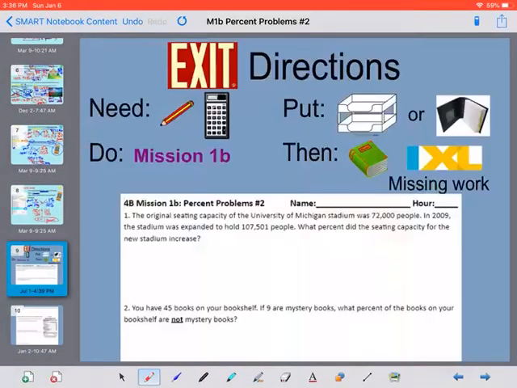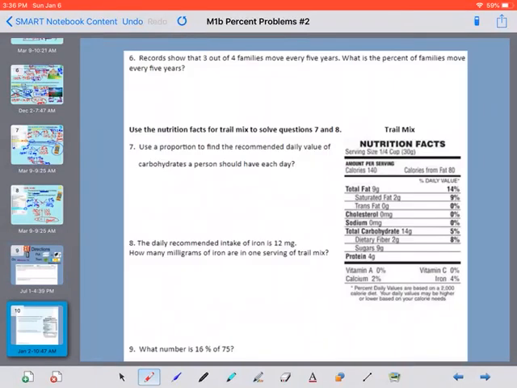All right, the rest is your homework. Go ahead and make sure you read the directions. There are some on the back that are using